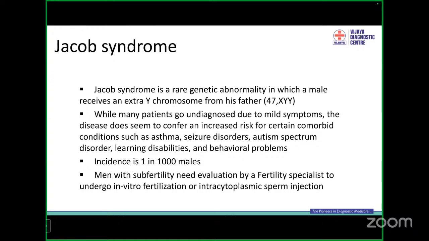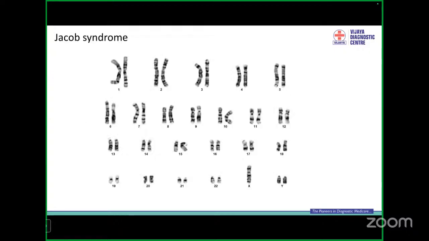The incidence is 1 in 1000 males, and men with subfertility need evaluation. Maybe they need assisted reproductive techniques to have fertility. Here, the karyotype shows there is one additional Y chromosome,